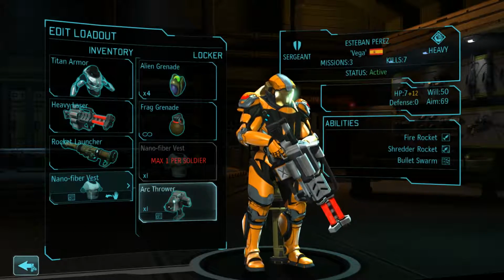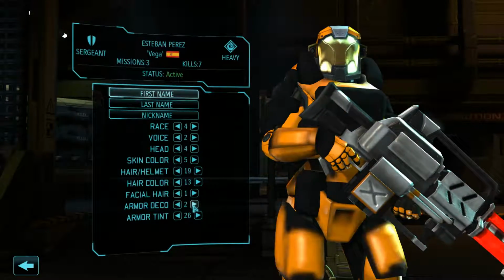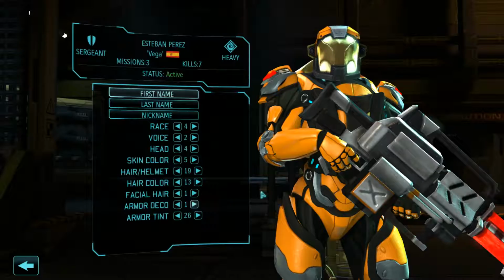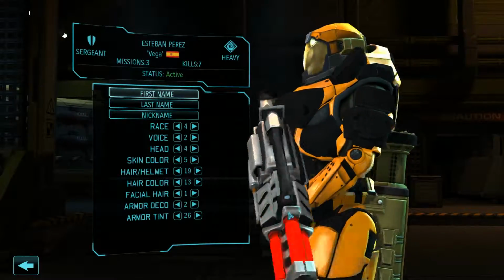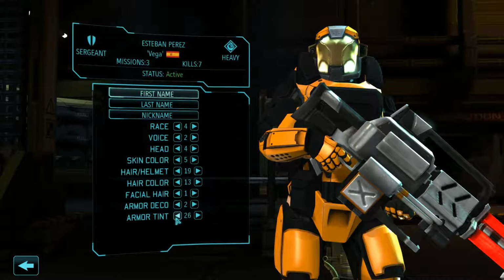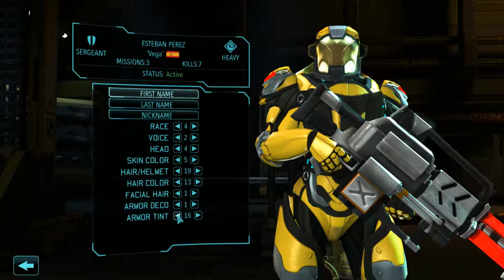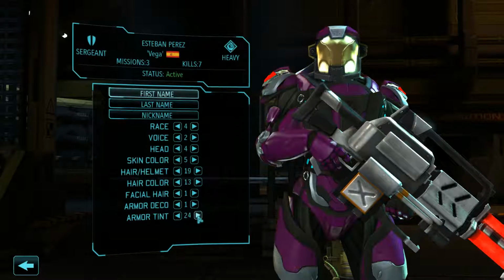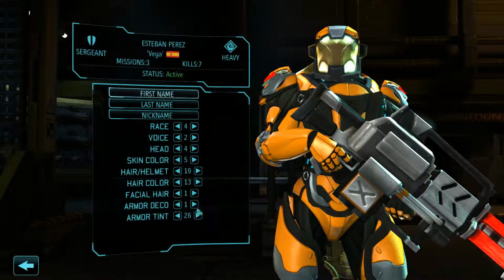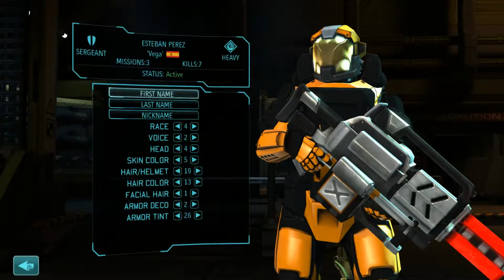The arc thrower... so can we change your custom... or are you just totally... there's just the 2. Okay. So your color scheme is pretty much one color at this point. Well, that's not actually that cool, to be honest. Well, we'll put you back in this just for now. I don't know which is the better looking armor for him, but